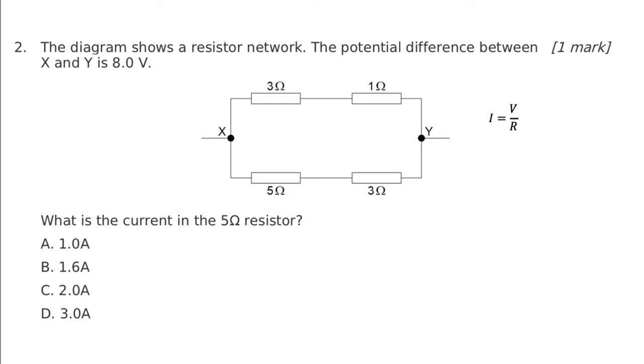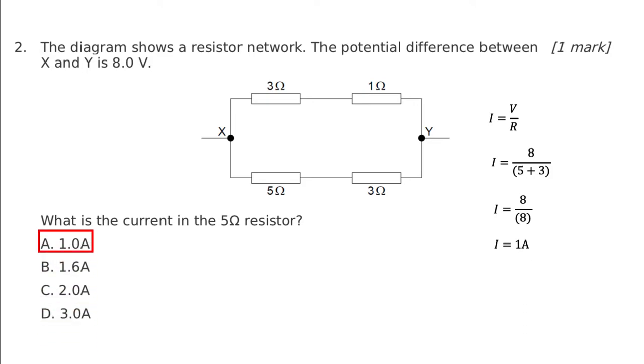I'm going to think about the fact that my I is equal to V over R. My total resistance here is 5 plus 3 equals 8. And my V is also 8. Now, why is that? Well, the potential difference is 8. And when we're using Kirchhoff's second law, we should be aware that it doesn't really matter which part of the loop we're looking at, the top loop or the bottom loop, both of those branches have the same potential difference. Because both are ways of connecting up the 2 points X and Y, they must have the same potential difference, i.e. 8 volts. We've got 8 divided by 8, which leaves me with 1 amp,